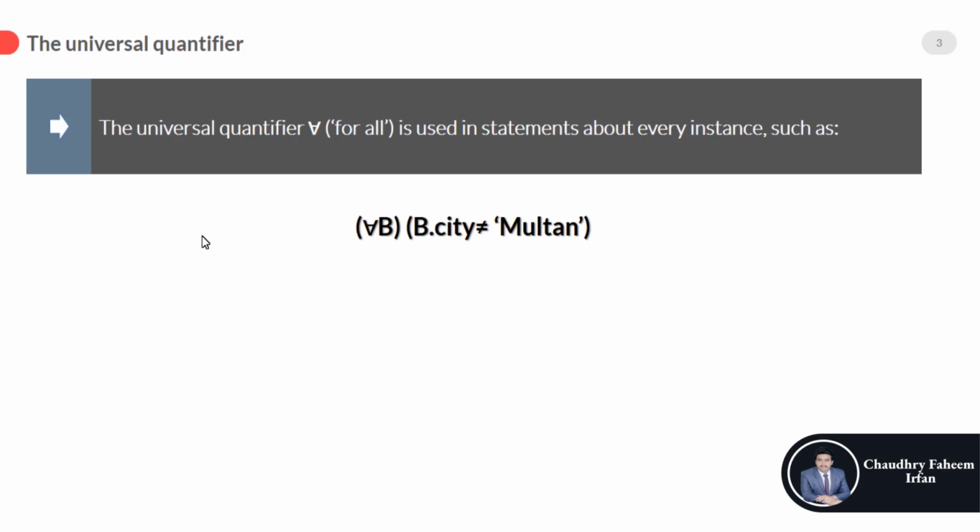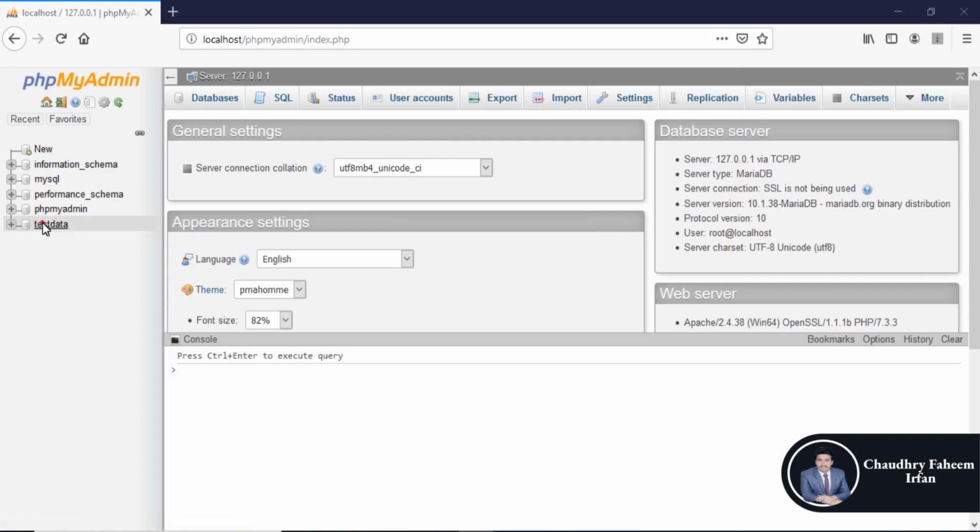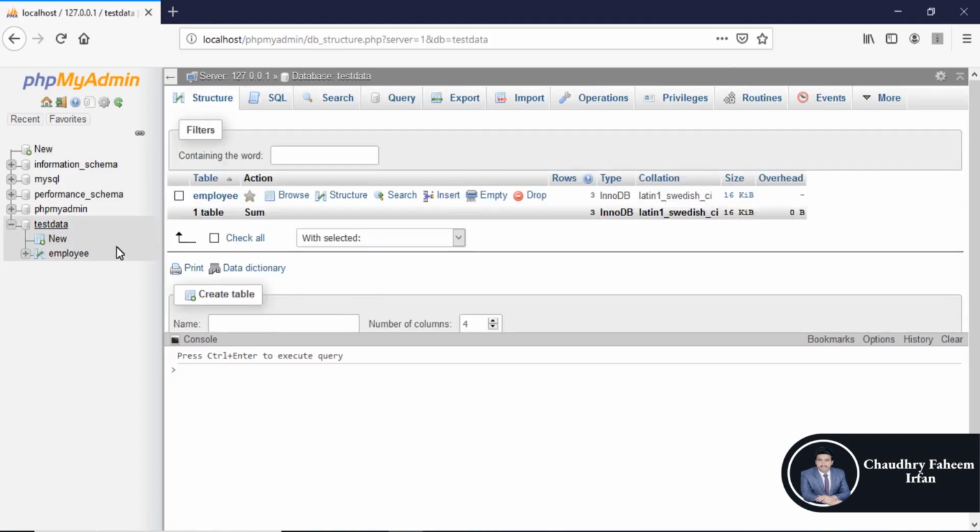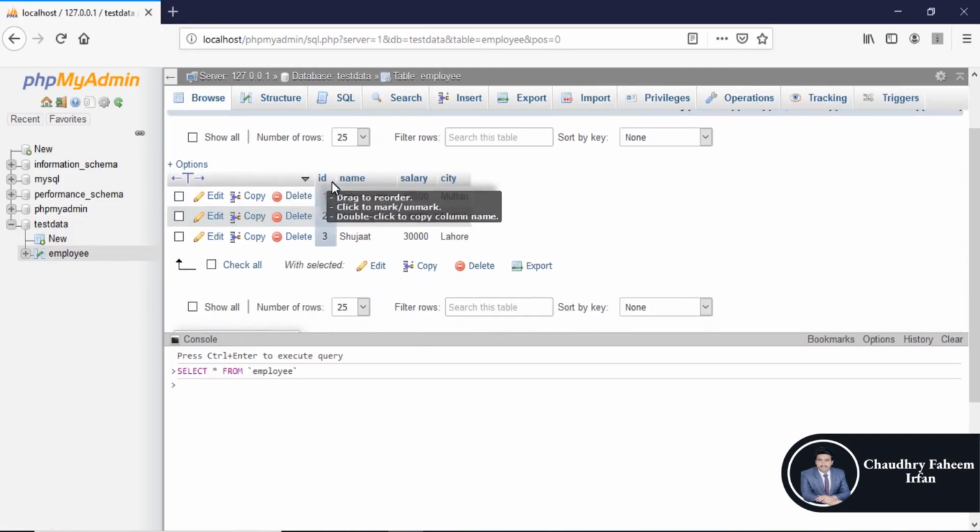Please open the XAMPP server for this purpose. Select the database, and the table is the same as in the previous lecture. Column names are ID, name, salary and city. So we are going to apply the universal operator for all, which is select all from employees where city not equal to Multan.